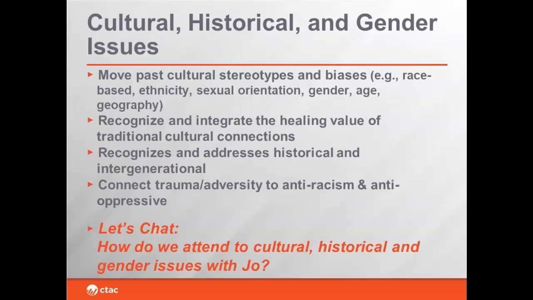Fantastic. And then lastly, we'll be focusing also on the cultural, historical, and gender issues. So thinking about moving beyond cultural stereotypes and biases, also moving beyond the notion of cultural competence to looking at power and oppression, really the effect of social identity on an individual or a community's worldview. For instance, we know that researchers have found that psychological impacts of discrimination for individuals from disenfranchised communities include higher levels of psychological distress, which Jim talked about earlier, lower levels of life satisfaction, and lower emotional well-being. Systematic oppression can be a form of trauma, despite the fact that it would rarely meet the narrow DSM criteria